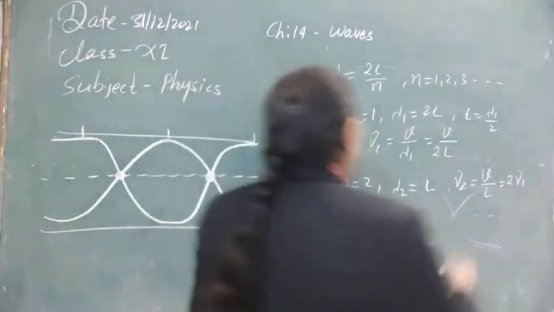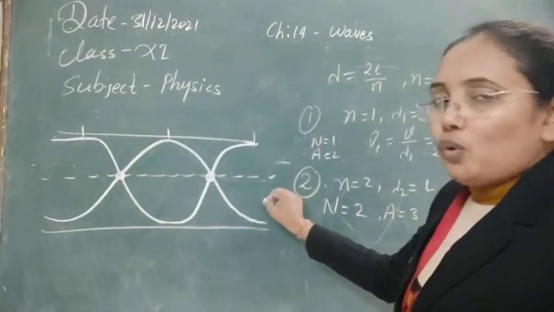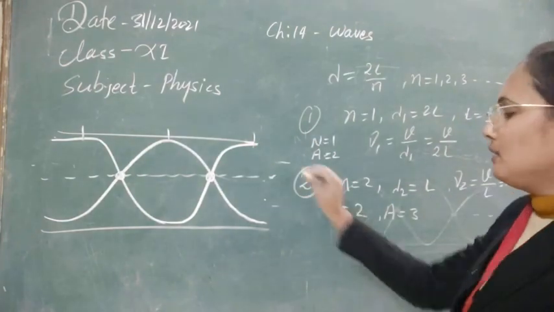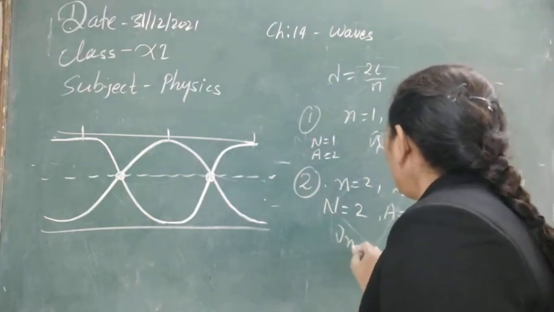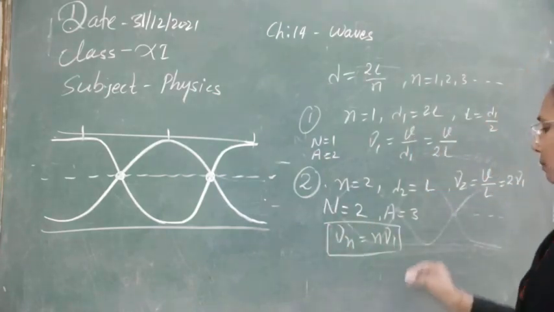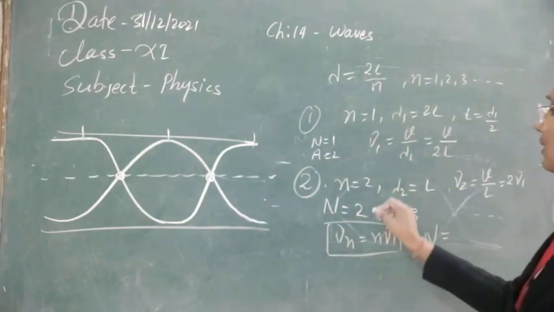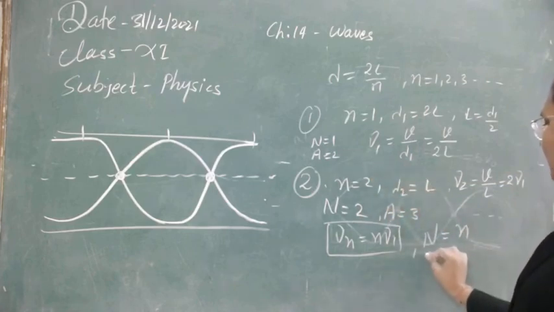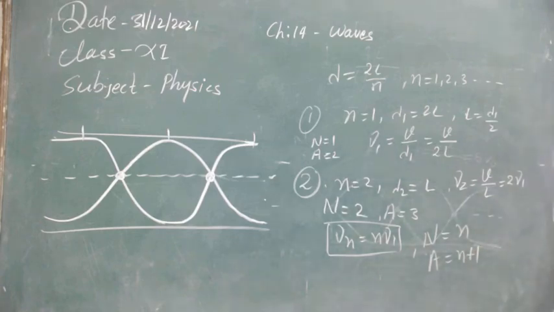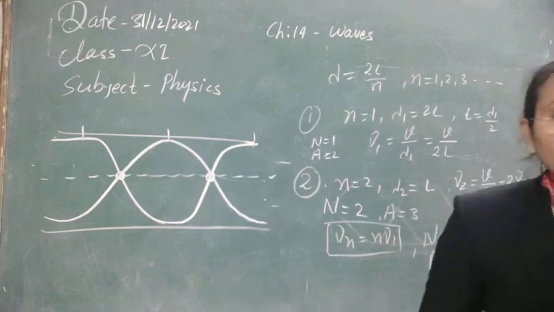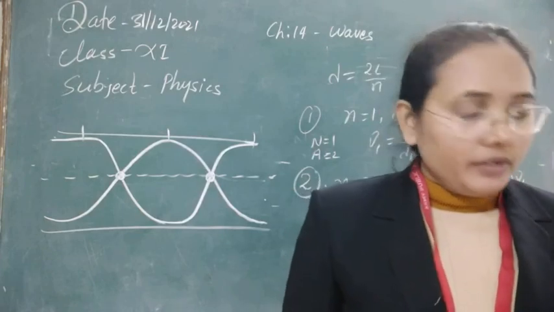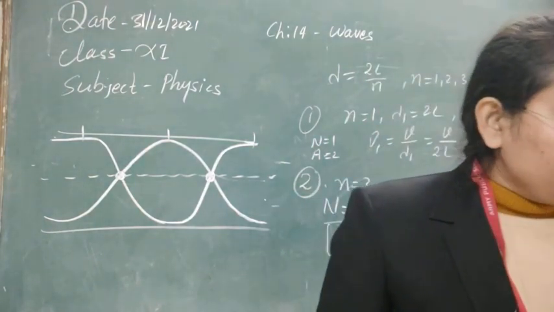So in general we can write now the frequency of vibration in this kind of open organ pipe, that is open at both ends, that in this case it will be nu n is equal to n times nu 1. Now number of nodes you will get, that will be same as the number, so this is n. Of anti-node we will see, that will be n plus 1 from here. So this is the treatment that we can do for the different cases and different musical instrument, how the wave is generating, where anti-node we will get, where node we will get, that all you can see now from here.